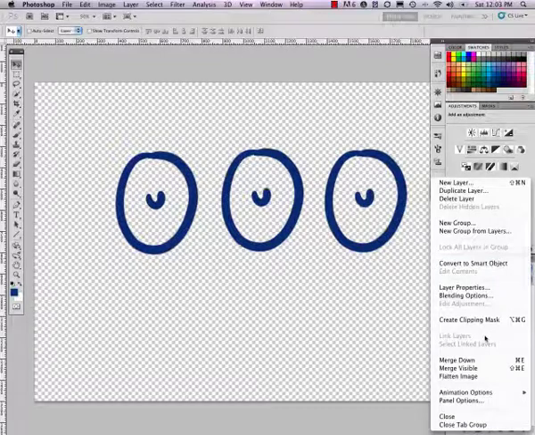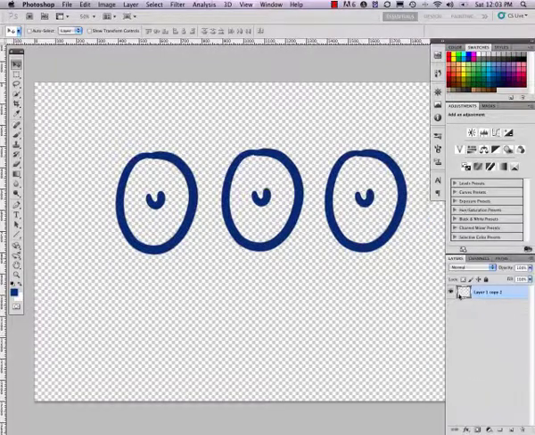So I'll go ahead and just merge all of these. So I'll say merge visible. Now we have 1 layer. Now what happens if I want to separate objects from a layer or elements from a layer? So I'll go up here, grab the freehand lasso tool,